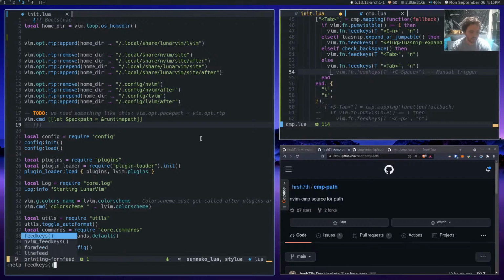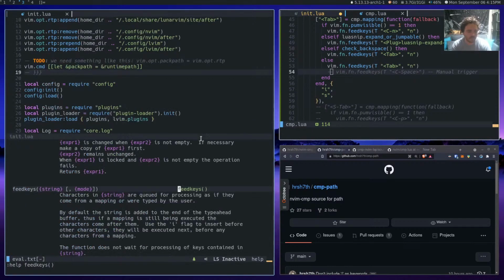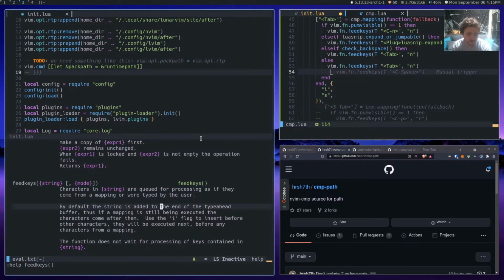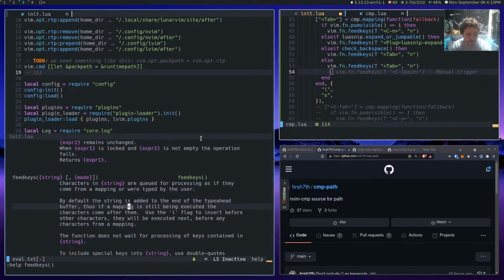Help feed keys. Feed keys. Characters in a string are queued for processing as if they come from a mapping or were typed by the user. By default, the string is added at the end of the typeahead buffer, executed after characters already there. Use the I flag to insert before other characters. They will be executed next. Okay.